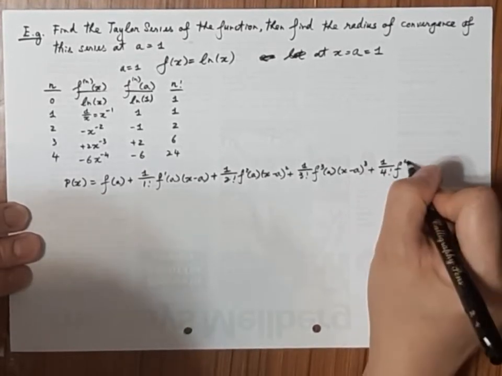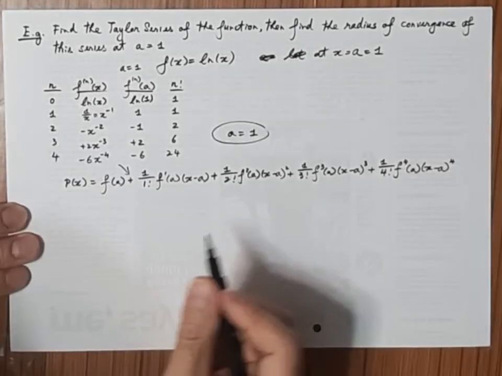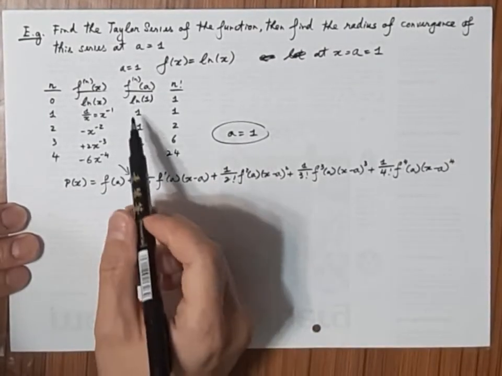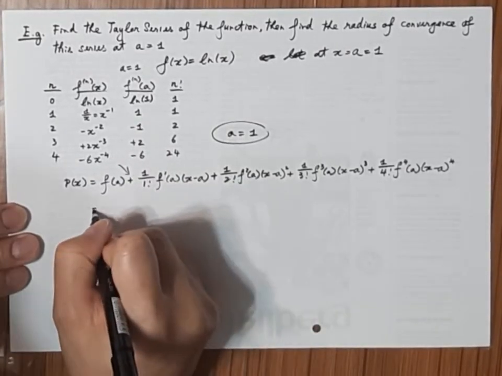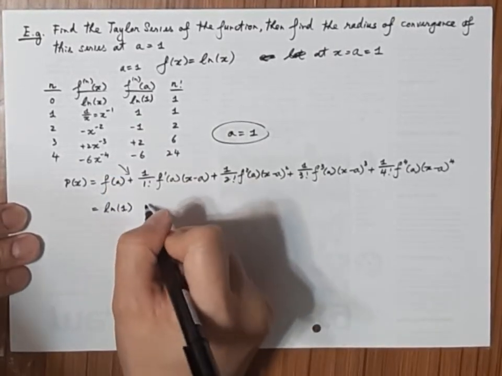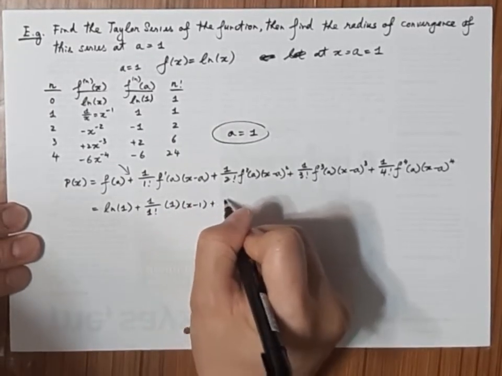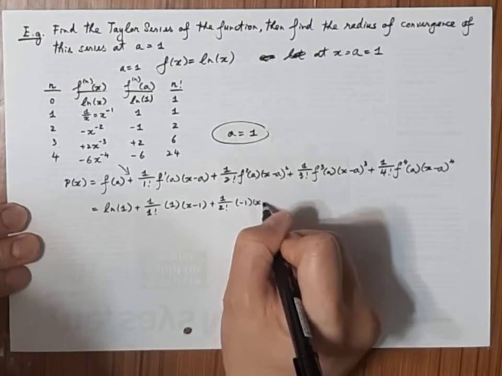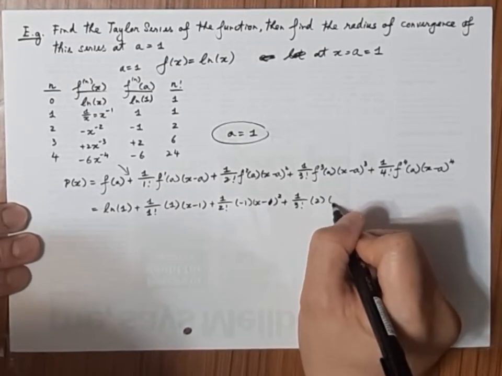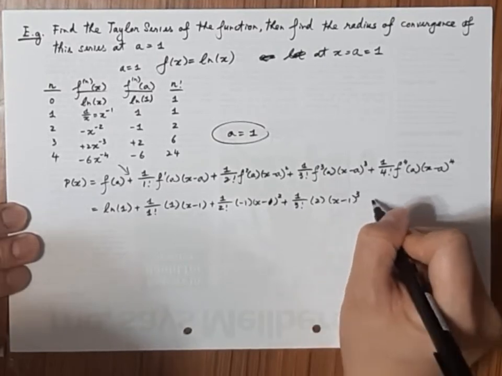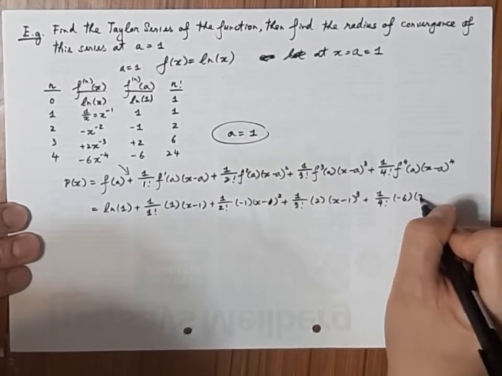The fourth derivative of f at a is minus 6, times x minus a to the power 4. When a is equal to 1, we substitute the above table into this series. We have log 1 plus 1 over 1 factorial times 1 times x minus 1, plus 1 over 2 factorial times minus 1 times x minus 1 squared, plus 1 over 3 factorial times 2 times x minus 1 to the power of 3, plus 1 over 4 factorial times minus 6 times x minus 1 to the power of